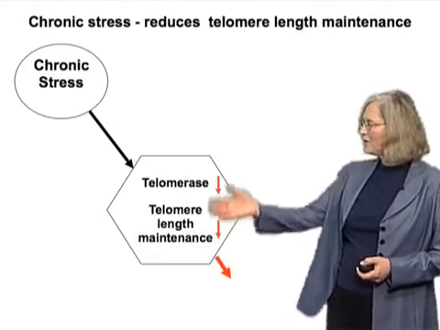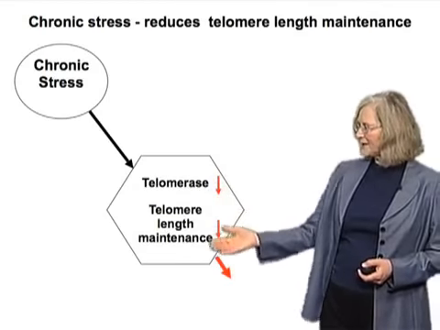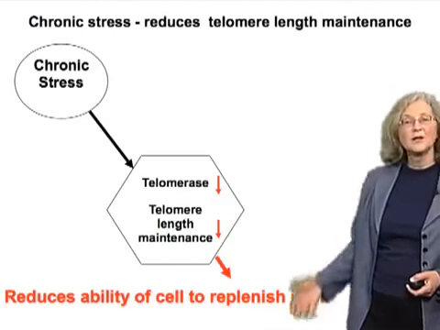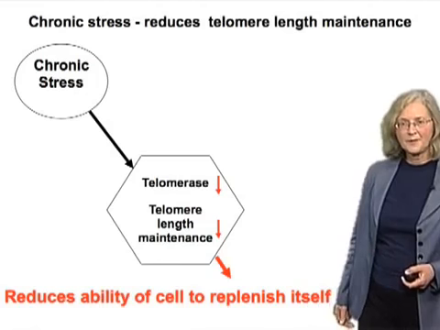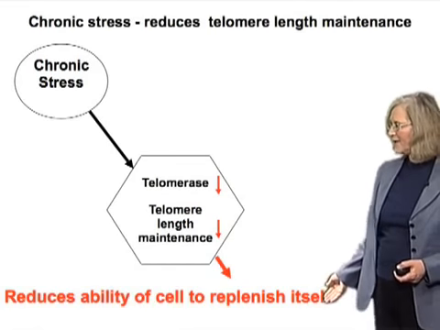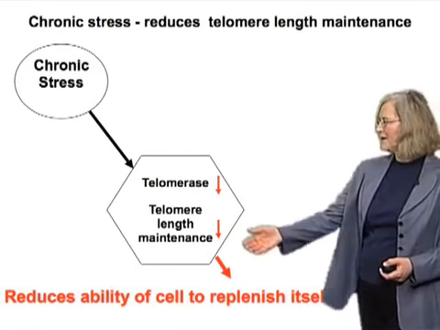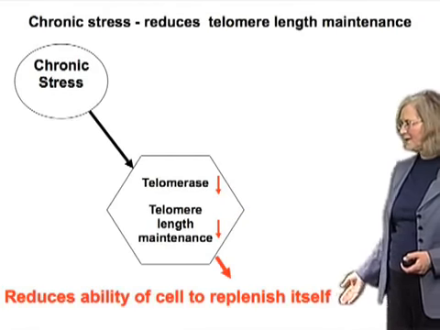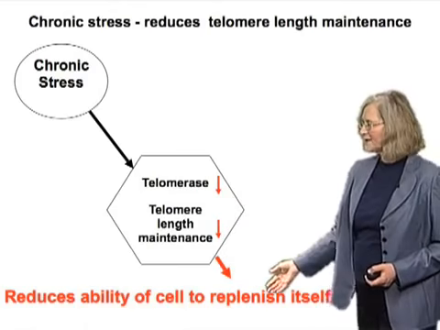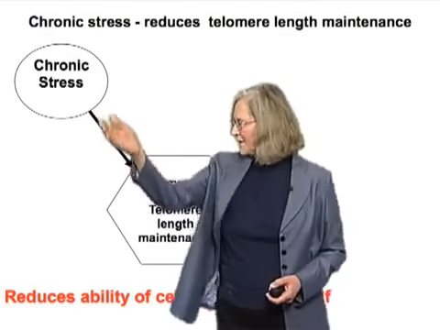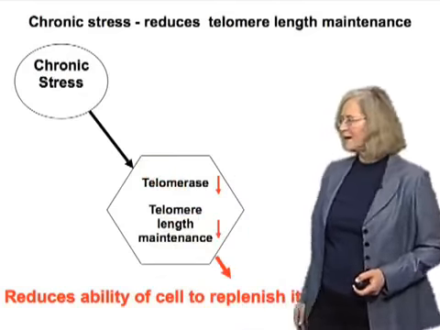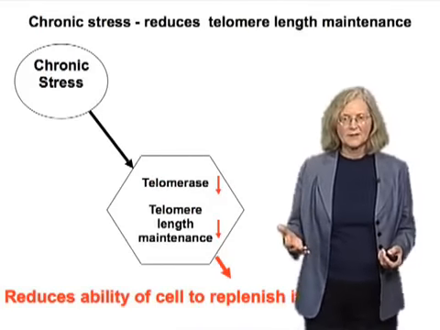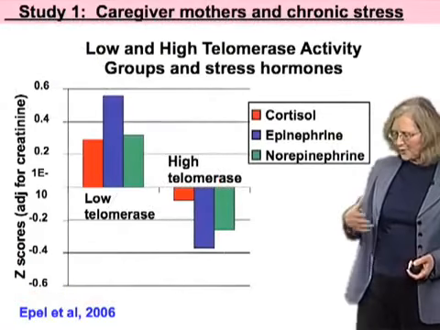Okay. Now we know from our biological studies that such effects in normal cells will reduce the ability eventually of cells to replenish themselves. So that's an important piece of the picture, because from many model systems and biological studies of cells, that relationship we know is the case. So in whole humans, we're finding this arrowhead is in that direction in this particular setting of the chronic caregiving situation. Now, what about mechanisms?